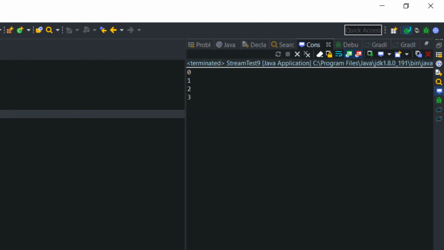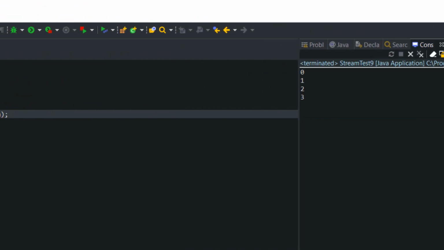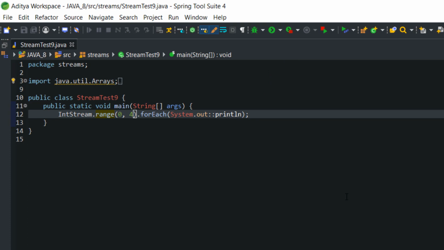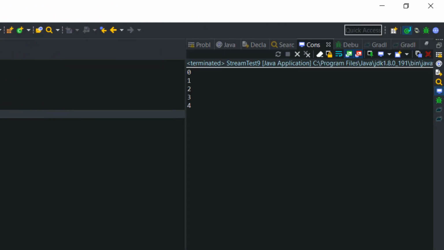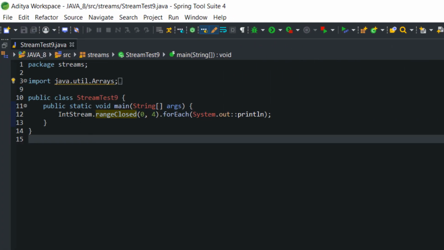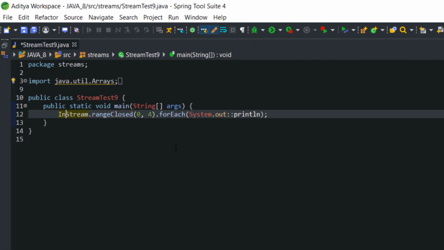You can see that it iterated 0, 1 to 3. Now if I use rangeClosed, then rangeClosed will iterate from start to end. Okay, now this same concept also exists in LongStream.